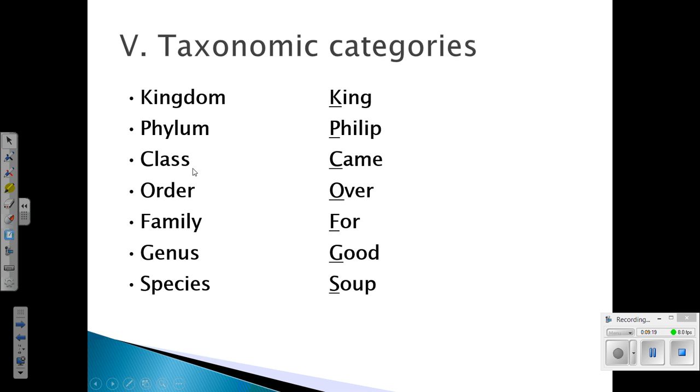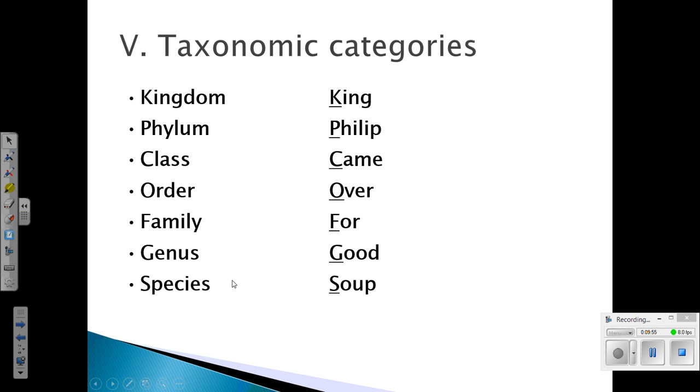The class for animals, we are in the mammal class. That has to do with how we reproduce, the fact that we produce milk. Our order would be primates, which would put us with other animals that have opposable thumbs and brain sizes the same as ours. Family is the hominids, which means we walk upright. Genus is Homo, and our species is Sapien. So we can look at us as a species and be able to kind of group us at different levels with different things.